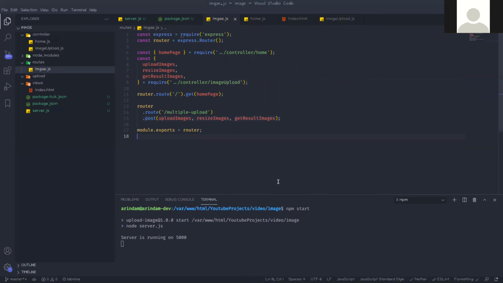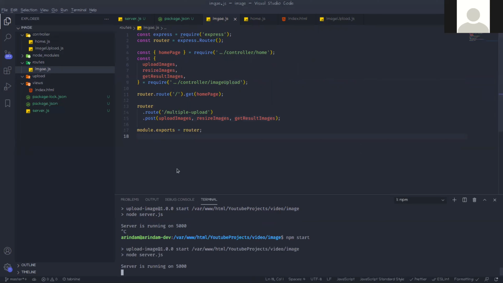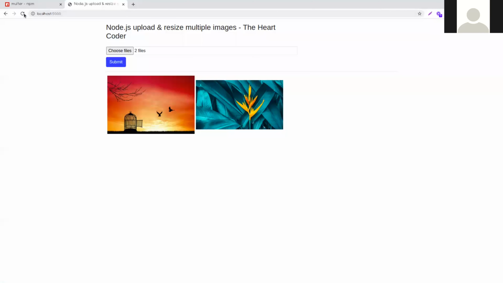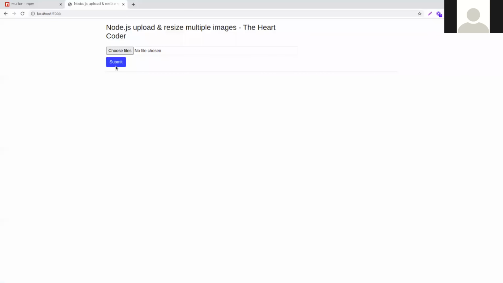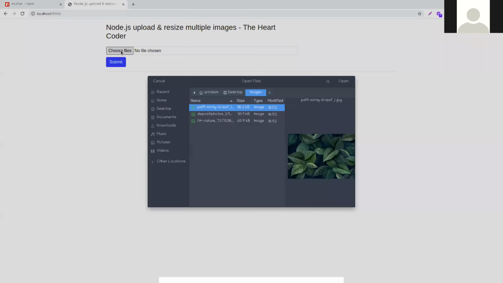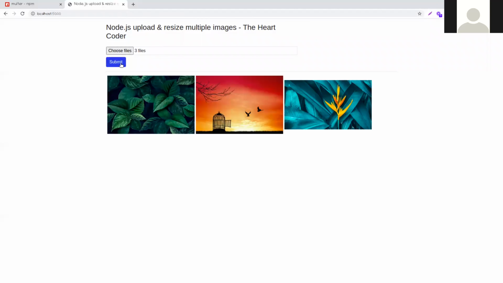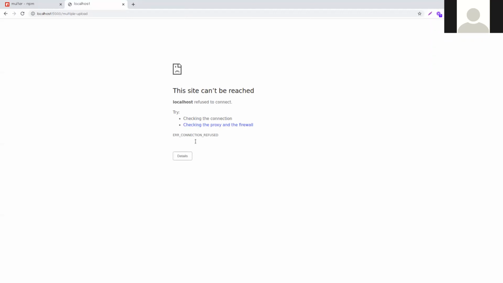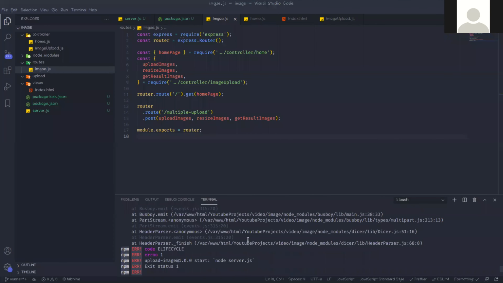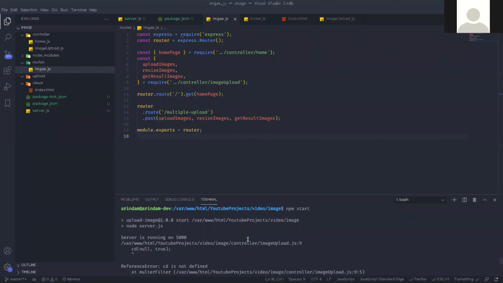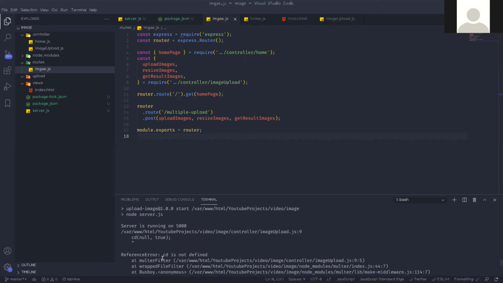So all done. Now stop the server, start the server, go to that browser, reload it. Now choose the files. I'm using 3 files, and then submit. Something goes wrong. That's CB.